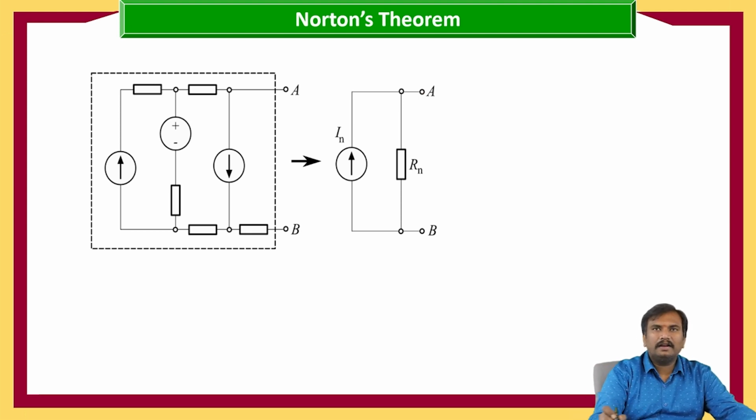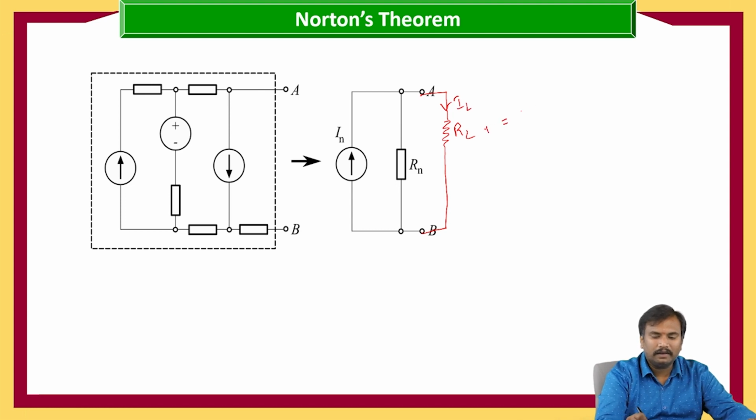In order to calculate the load current, we are going to add the load resistance here, and the load current IL is equal to Norton's current into